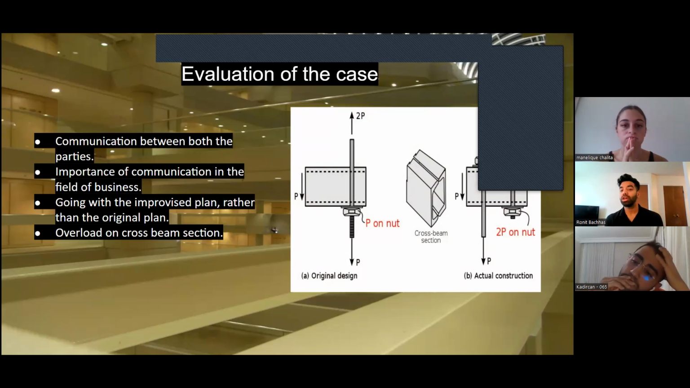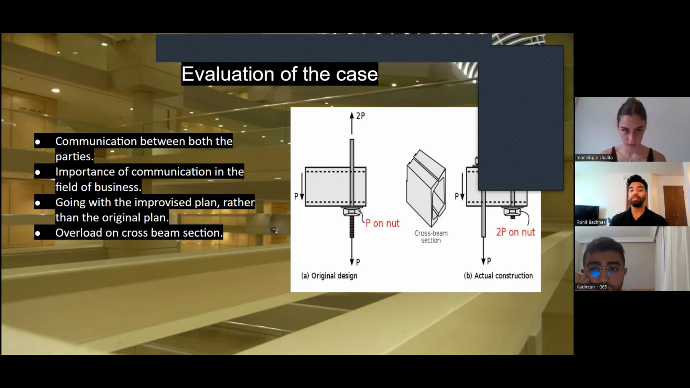There was a disputed communication between the fabricator and the engineer design team. They had an original plan, where you can see in the original design there is one rod which goes through the cross beam section, and all the way connects level 2 and level 4. This was the original plan, but due to the suggestion of the fabricator, they proceeded with the improvised plan,